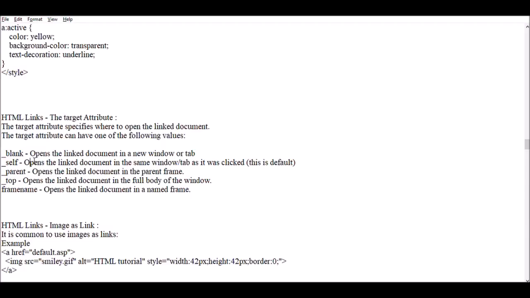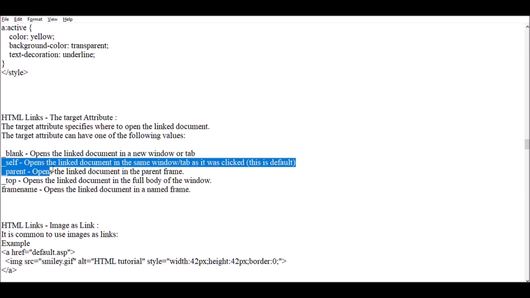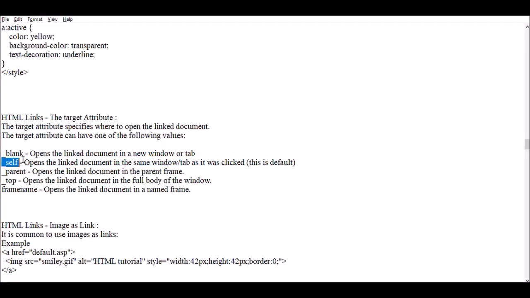If you open the linked document in the same window, you use the attribute _self. This is the default. If we do not set any target, then self is the default. When you click the link, the linked document will open in the same window.